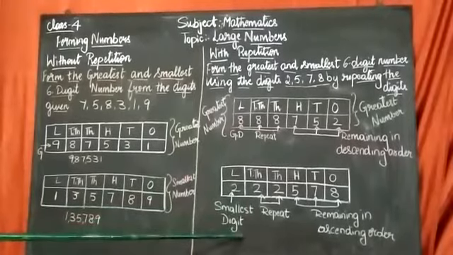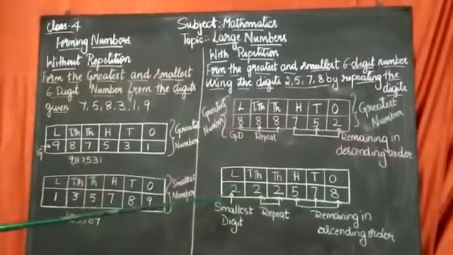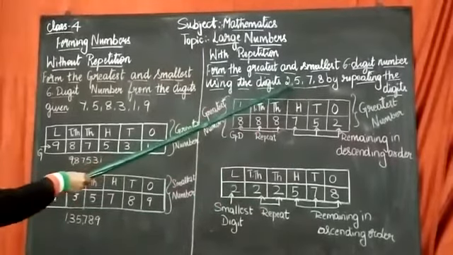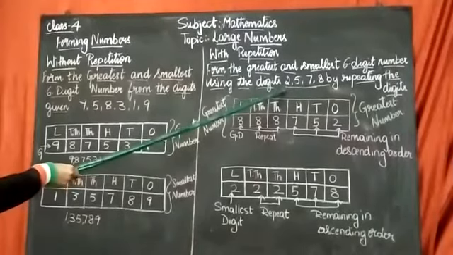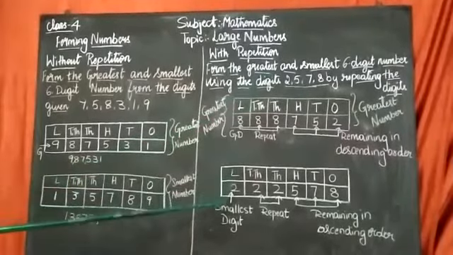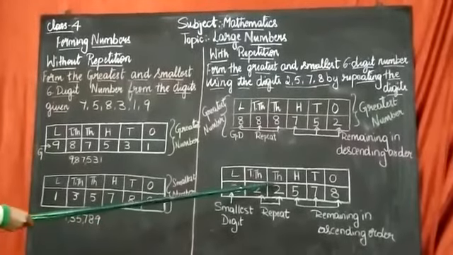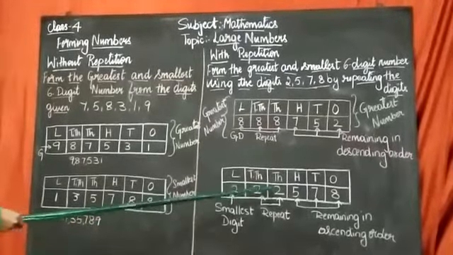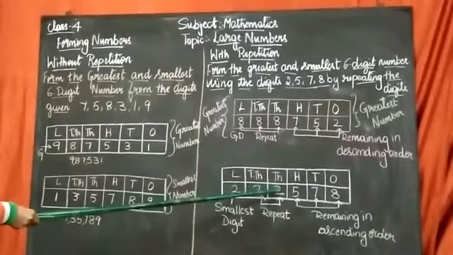Next we will go to the smaller number order. See the digits here again. Which is the smallest one? Yes, 2. I will take 2 in the lakhs place because that is the smallest digit. Now I will be repeating the same digit 2 two times, that is in the 10,000s place also and the thousands place also.